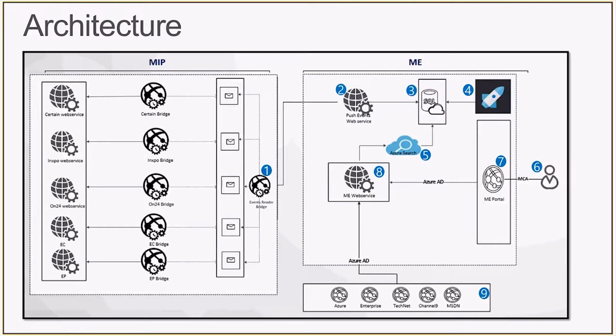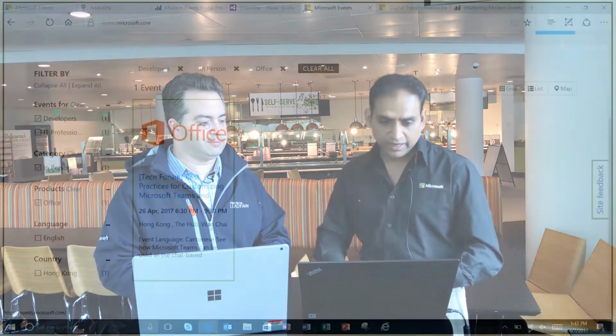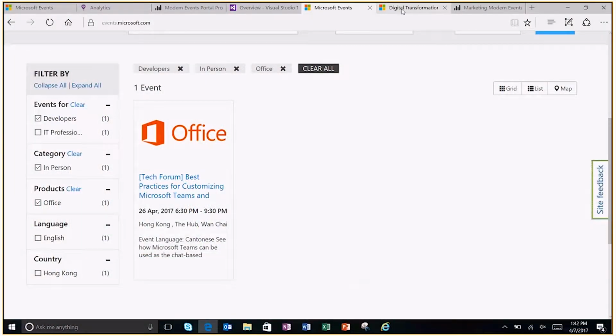In fact, let me quickly show you. We have the capability to even customize the ME portal with certain parameters, so they can embed the entire portal into their site. For example, the example that you just mentioned, let me go back here and showcase that part.